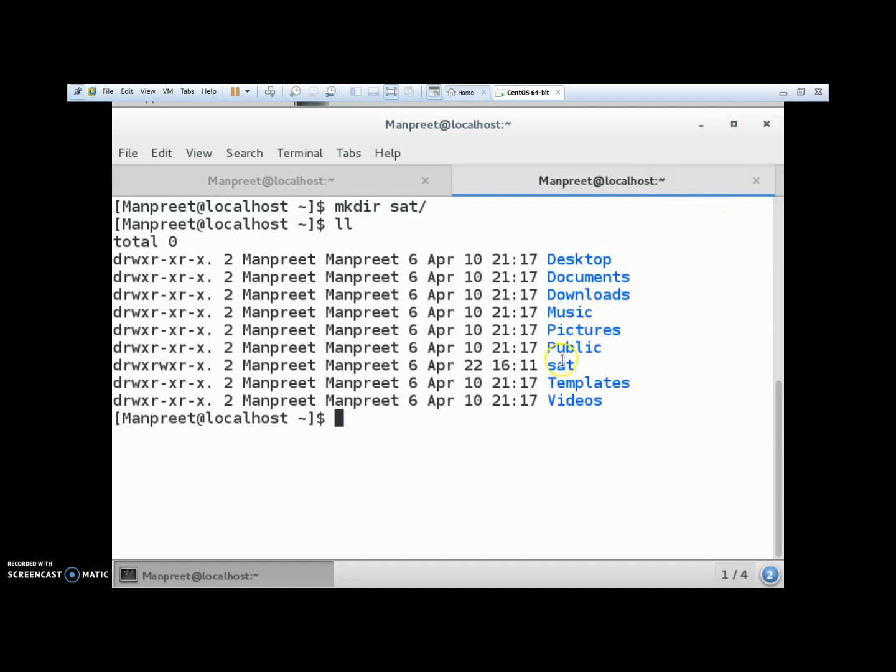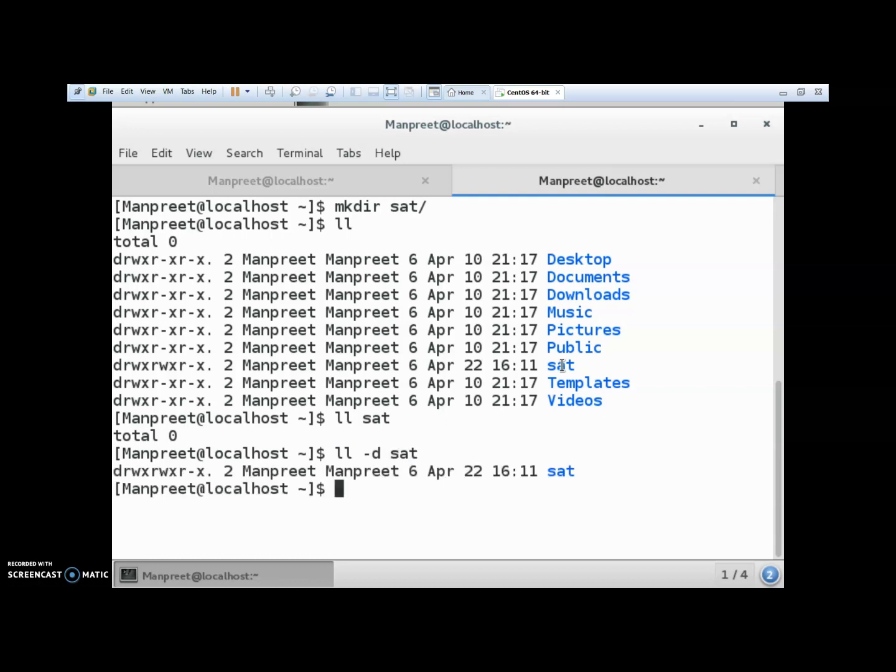So see, our directory has been created with the honors. Suppose the owner is again the username Manpreet, and who is the owning group? Again the Manpreet only. So we are talking about this particular parameter. Here the change will occur. So let us see how this change is going to occur.